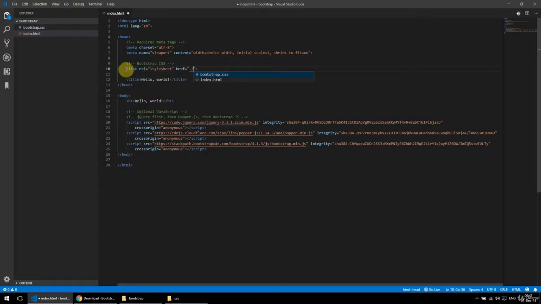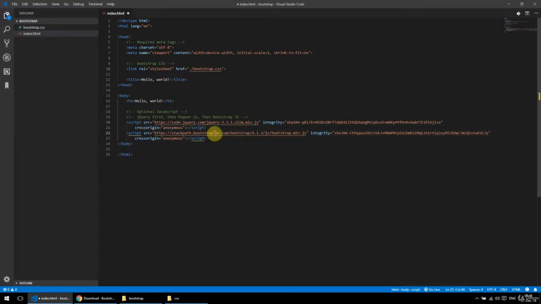I get this help with the files listed in VS Code, so I'm just gonna click enter. And now for the JS files, so jQuery and then Popper and then Bootstrap.js. So for jQuery, I'm gonna leave it as it is, this CDN, but I'm gonna get rid of the Popper.js include script and Bootstrap.js.